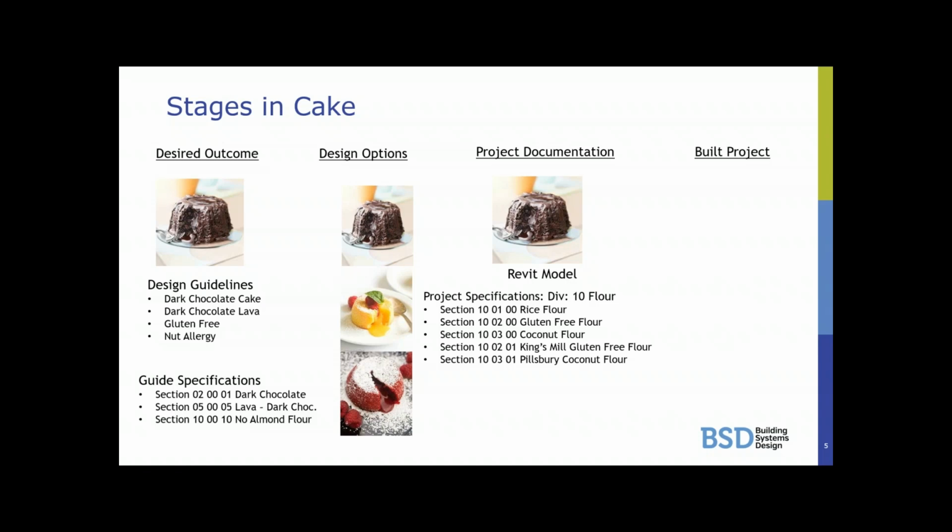And depending on whether or not it's a performance-driven requirement, which often it is, especially in public agencies, or if it's private, then we can actually go with a branded specification as well. However well we do this is where we get to build the project from the general contractor, which hopefully we will end up with exactly what we're looking for, and then the owner is happy and everyone is happy